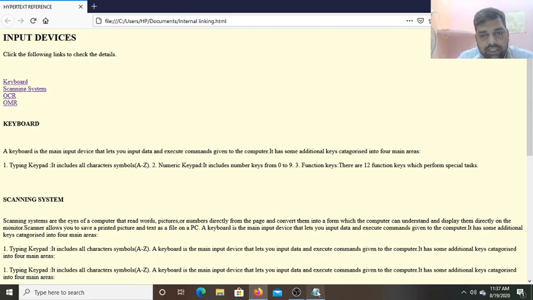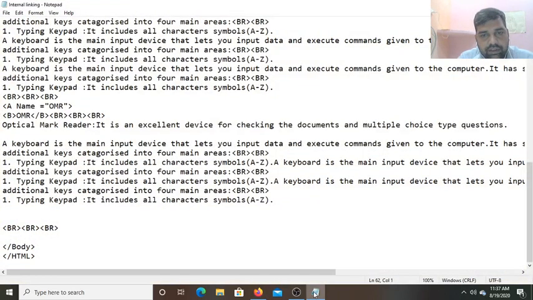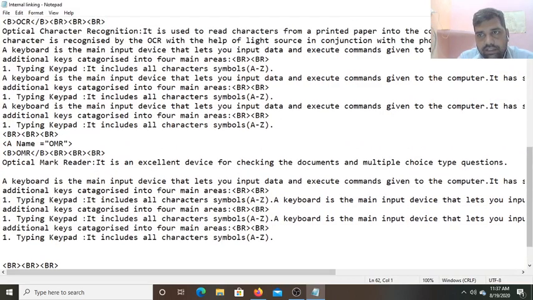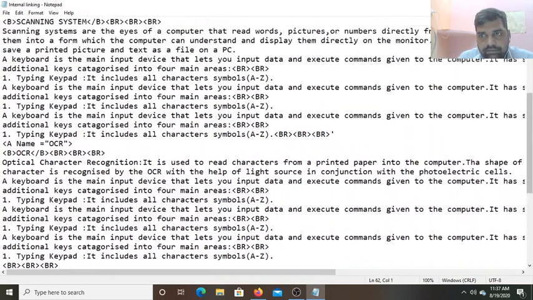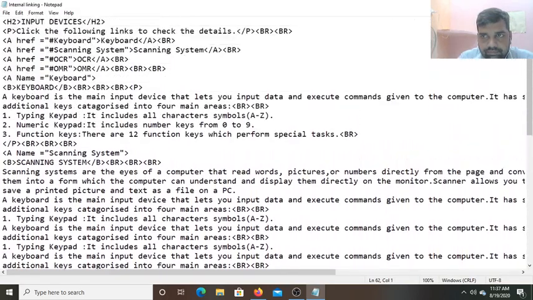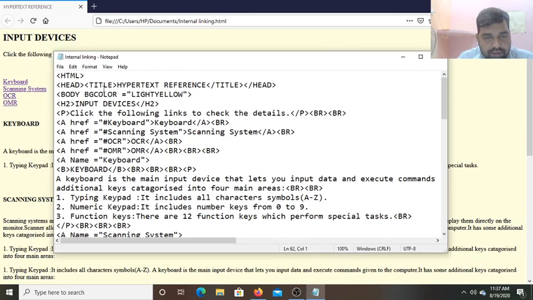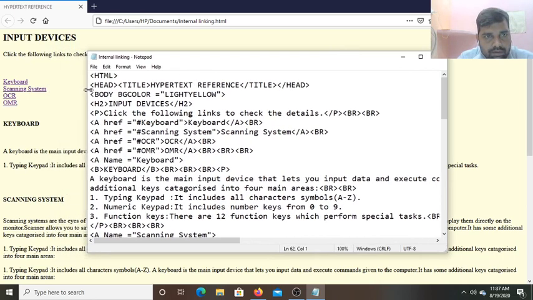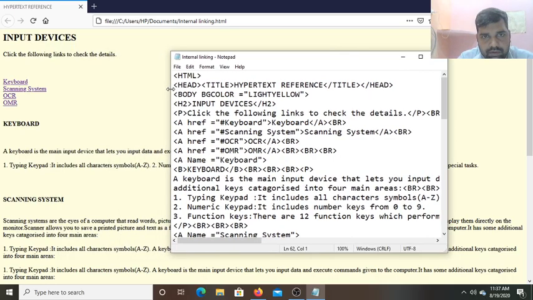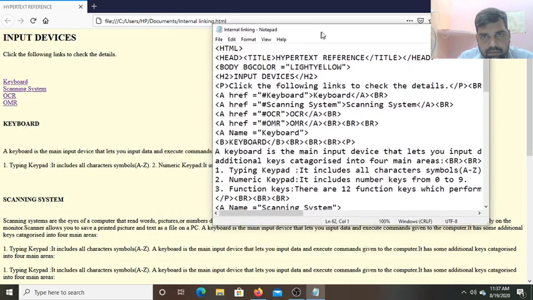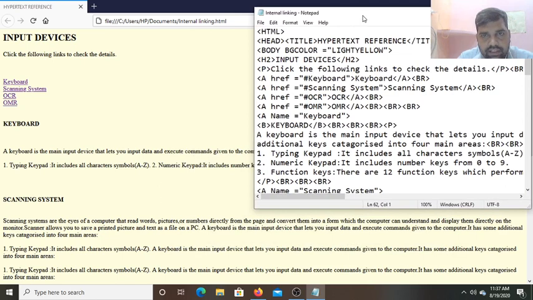So let me show you that here also, then you can understand. So you can see it here also.